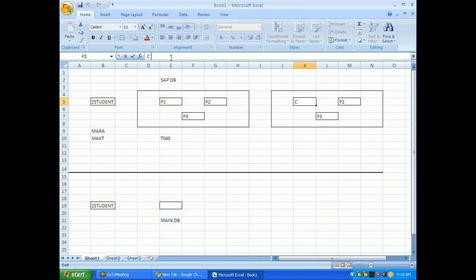Assume this is C1, C2, C3. And one more important point is, pool tables are used to store logical data like screen flow and screen sequences.